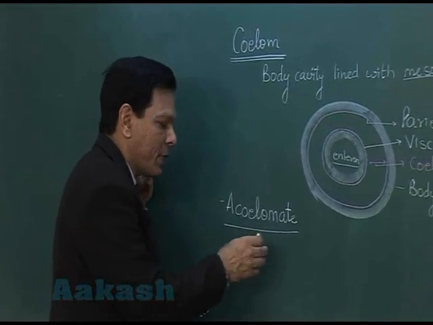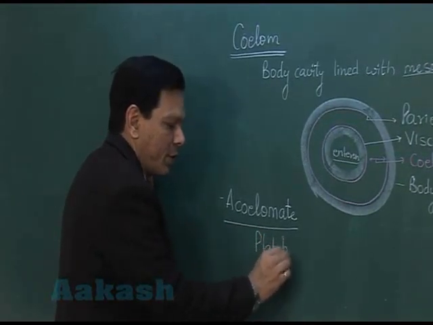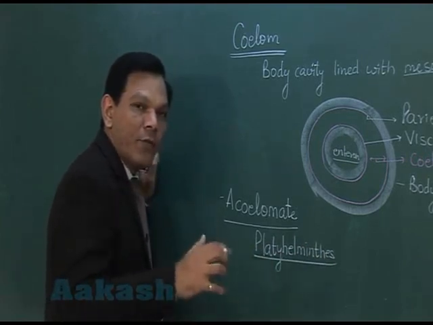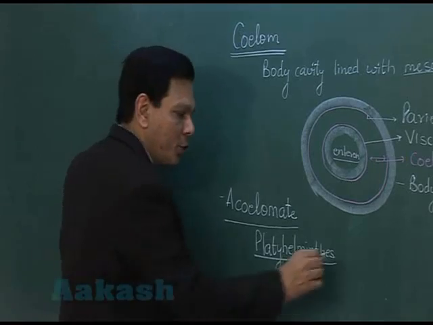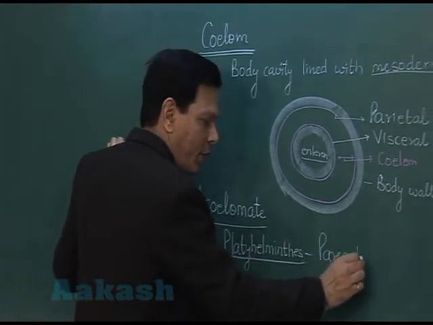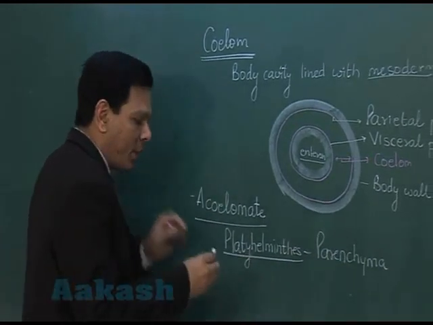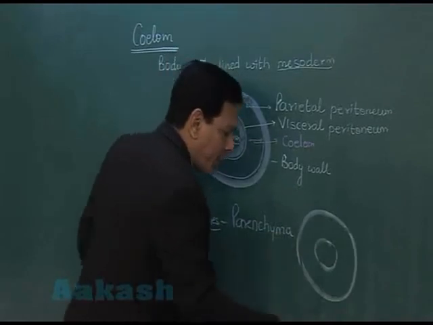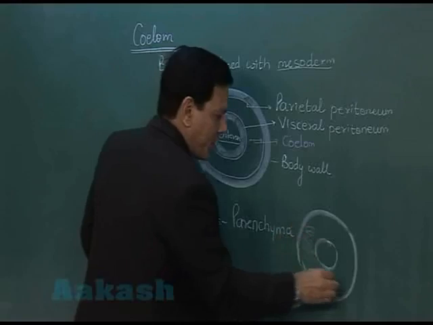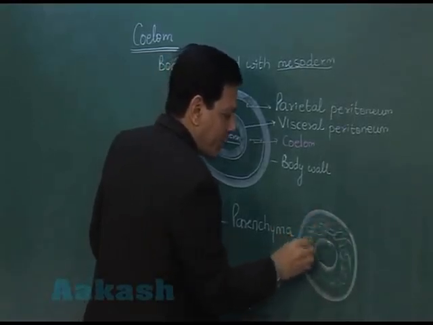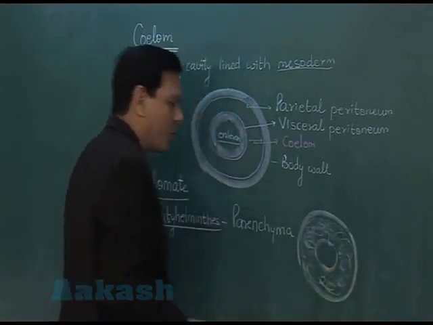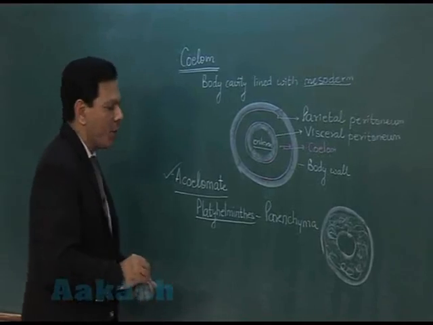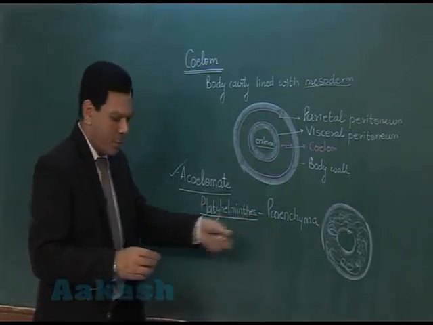Why is coelom absent? For example, in case of platyhelminths, their body cavity is all filled with tissue. Which tissue is present? It is the tissue parenchyma. That means if this is the body wall part and this is the enteron part, then everything in between is filled with tissue. So there is no space left. So that will be called acoelomate. Means there is no coelom, there is no cavity, because the body cavity is filled with the tissue called parenchyma. The next is